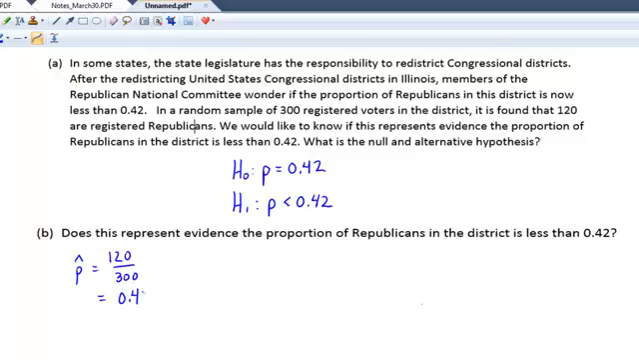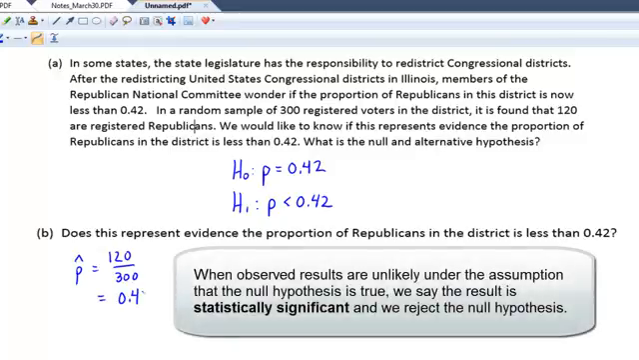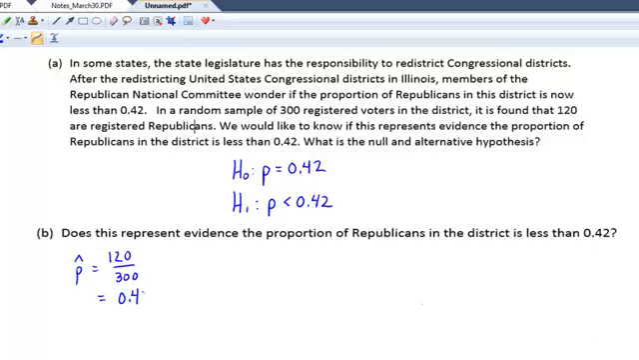What do I mean by significantly less? Is it possible to get a sample proportion of 0.4 from a population that's assumed to be 0.42? Remember, we always assume the statement in the null is true until we have evidence to the contrary. Put another way, how likely is it to get a sample proportion of 0.4 or even less than that from a population whose proportion is assumed to be 0.42? To answer that question, what we can do is simulate this survey over and over and over again. So I'm going to go to StatCrunch,